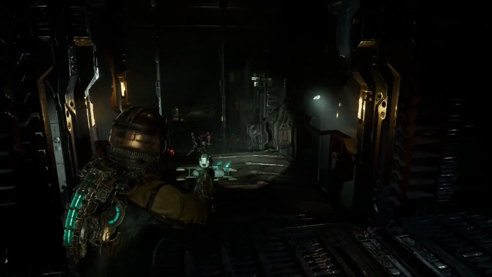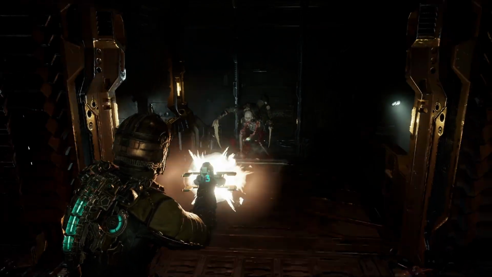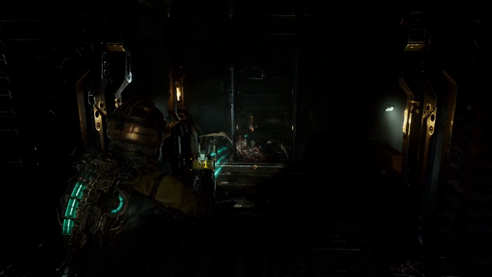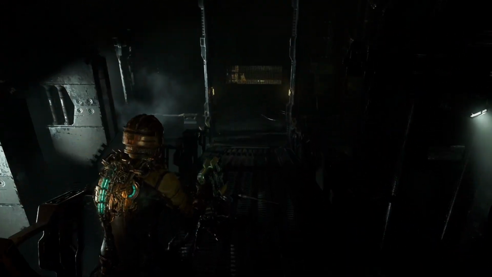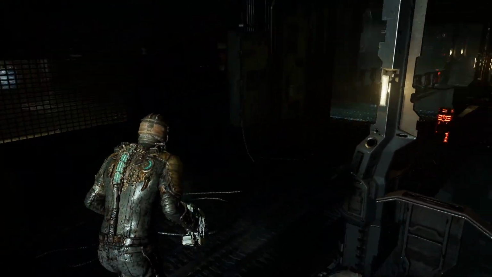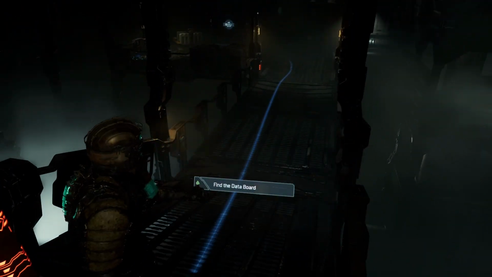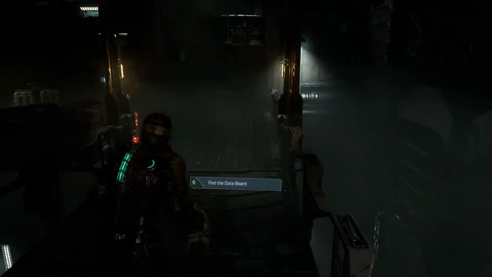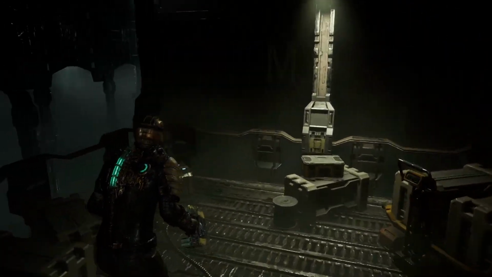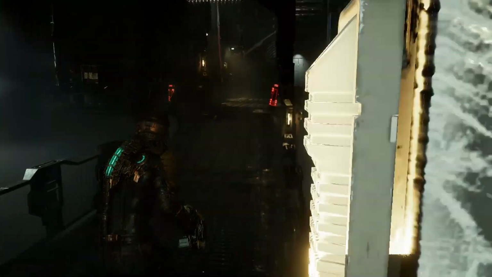You'll see here, I'm just running around with the plasma cutter. I do not have the other weapons. I will hopefully be able to show off one of the other weapons before this video is over, but we shall see. So I gotta go down here. And what do I have to do again? Find the data board, right. Oh, right, this is the level where...